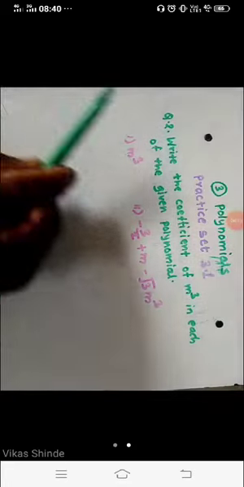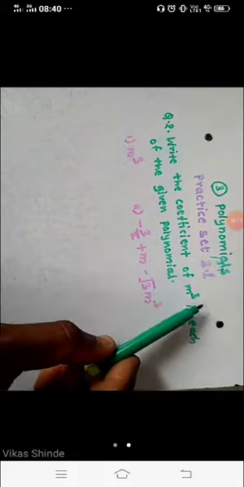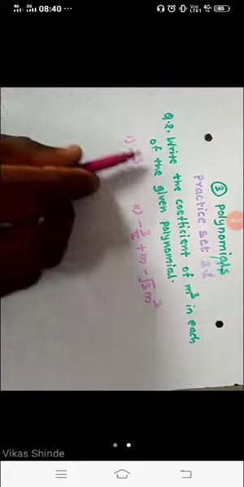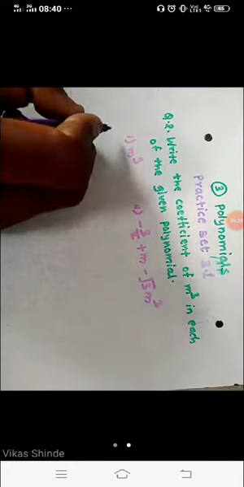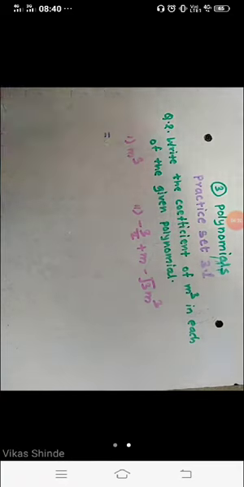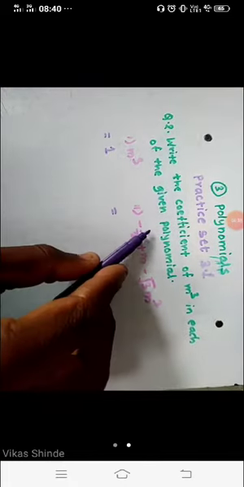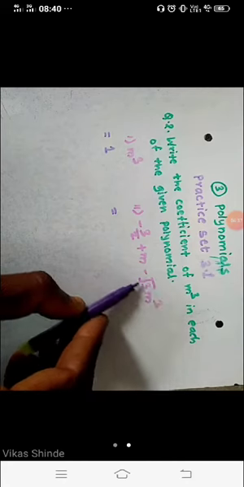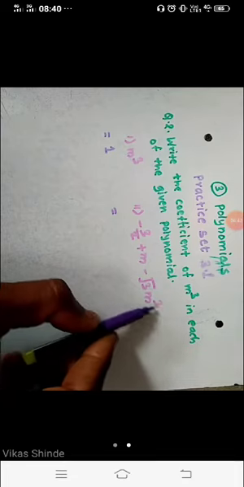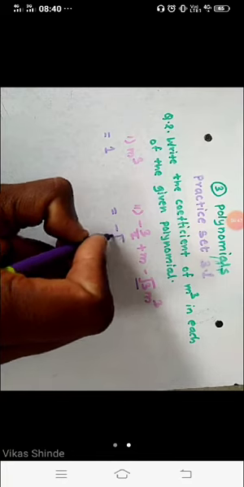Question number 2: write the coefficient of m cube in each of the given polynomials. Meaning from m cube, we have to write the coefficient only for that term. Here is m cube, only one term. Here is nothing, meaning always 1, so the coefficient is 1. For the second question, minus 3 upon 2 plus m minus under root of 3 m cube, we have to write only the coefficient of the m cube term. So the coefficient here is minus under root of 3.